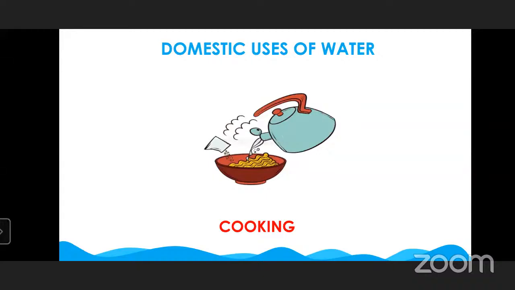Water has a property that makes it very useful for cooking. Okay, this one is also a domestic use of water, that is cooking.